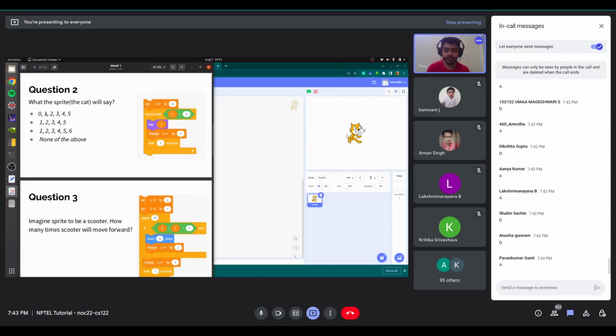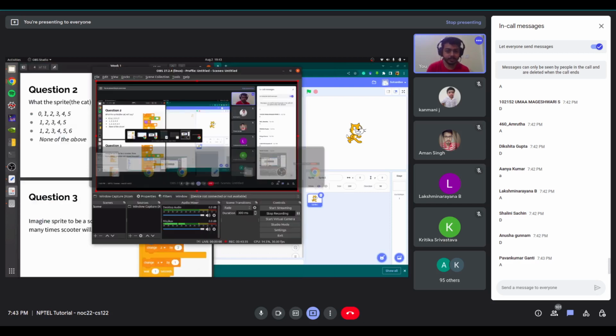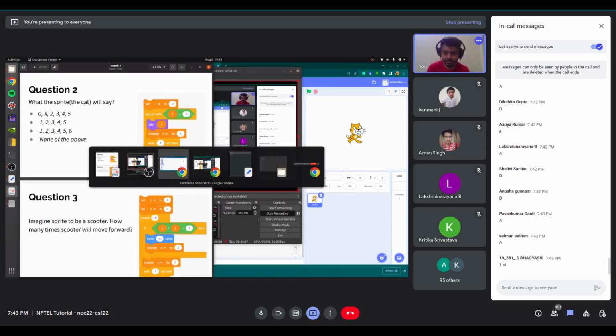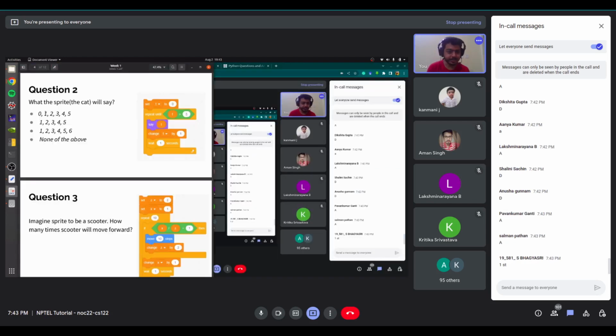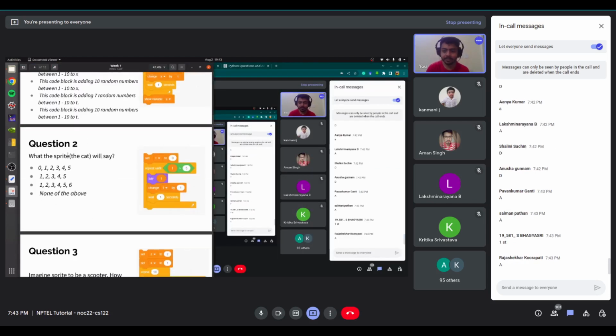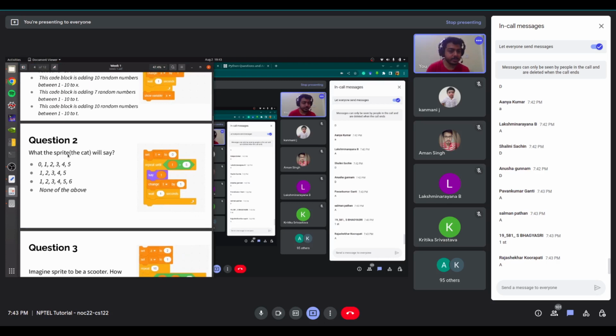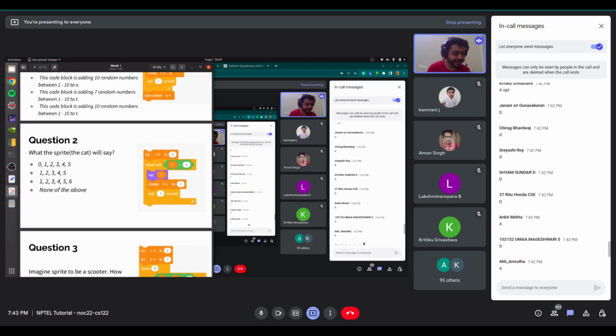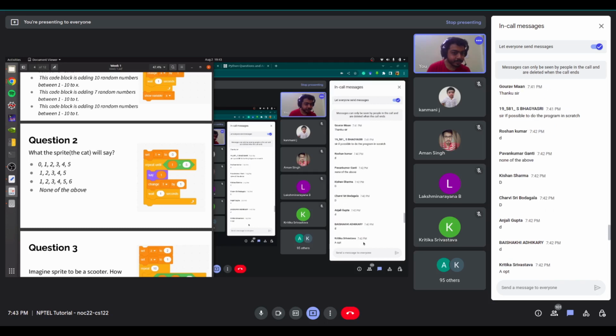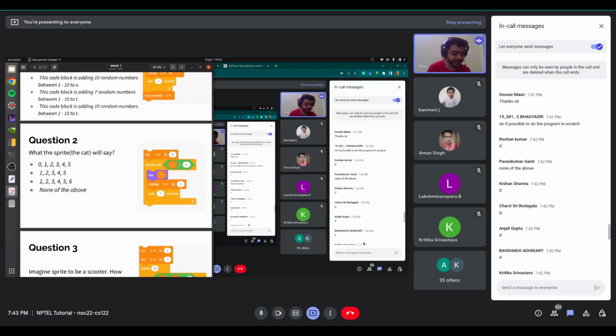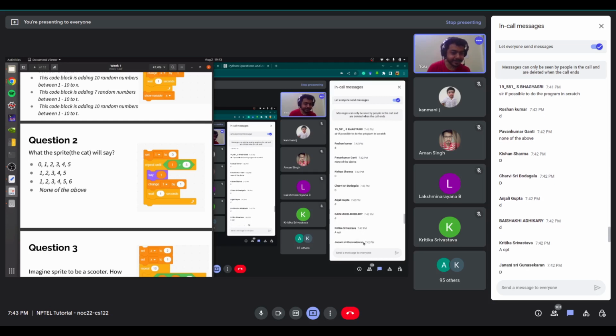Okay, let's see if we have some answers. Here's the question, Question 2 we are solving. Someone says none of the above, but none of the above is not the correct answer.